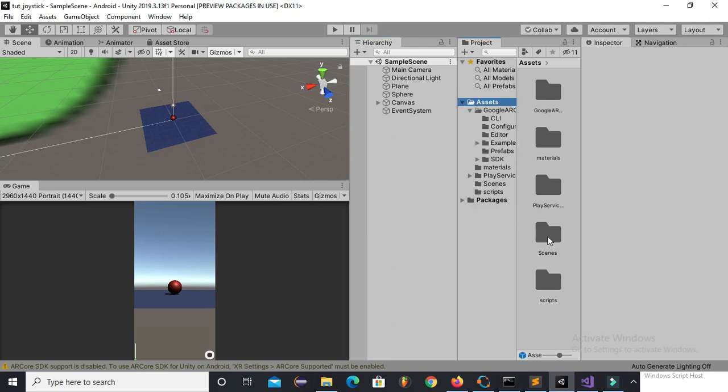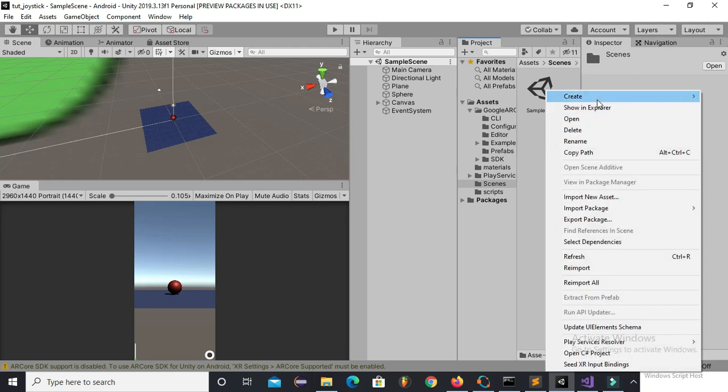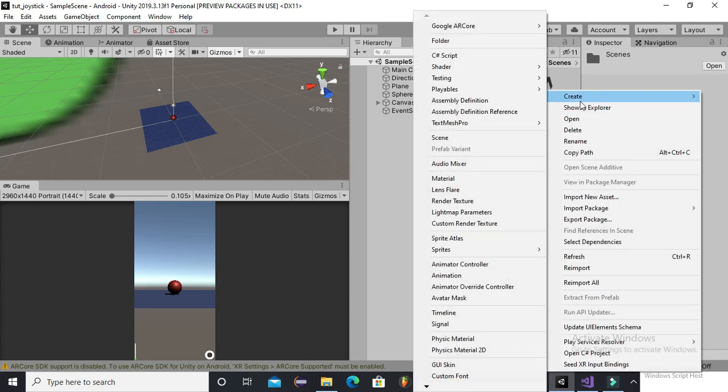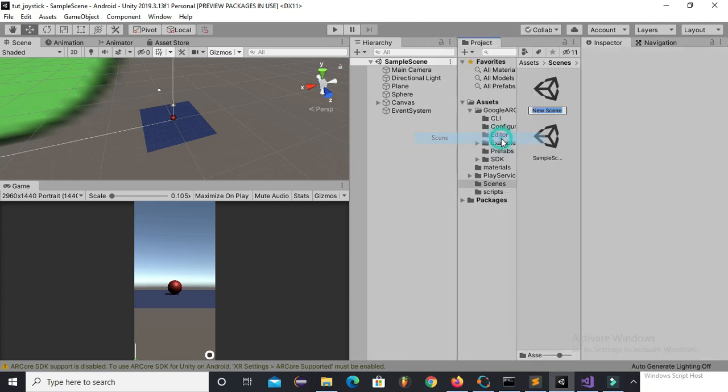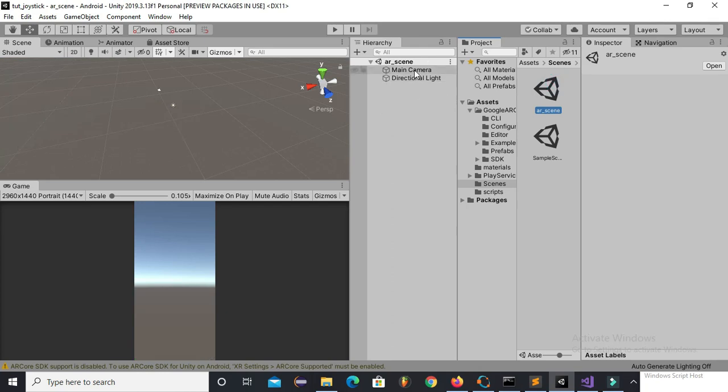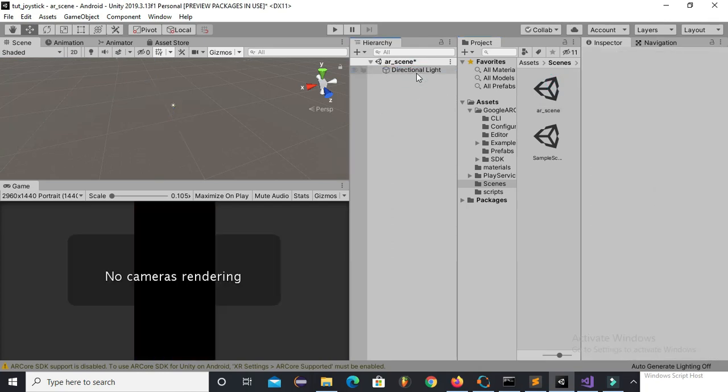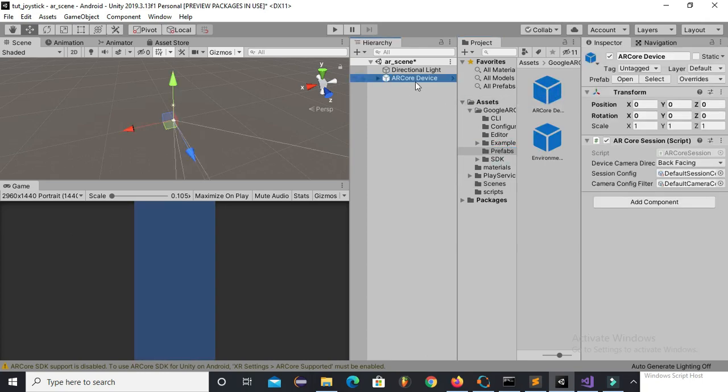Now we will create a scene in which we will implement our AR part. I'm giving it the name AR scene. Now open the scene and delete the main camera, and now we will drag the AR Core Device from Google AR Core into our scene.